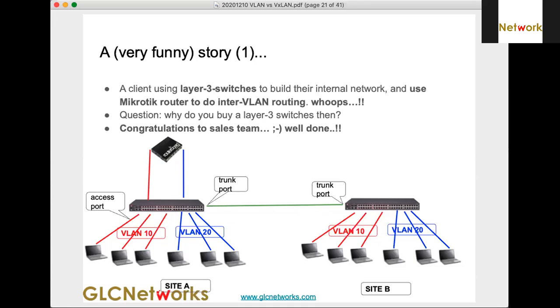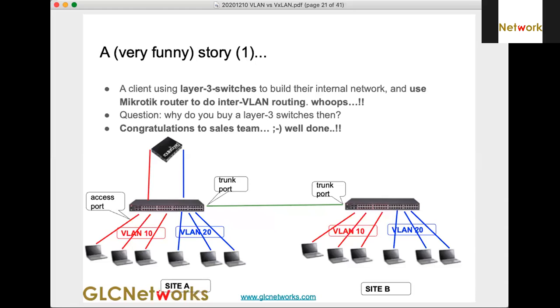If you use VLAN, do you have to use NAT too? We have a question here. Actually, VLAN and NAT are two different things. VLAN is for segmenting the network. For example, as I mentioned before, port 1 to 10 is VLAN 10, and port 11 to 20 is VLAN 20.